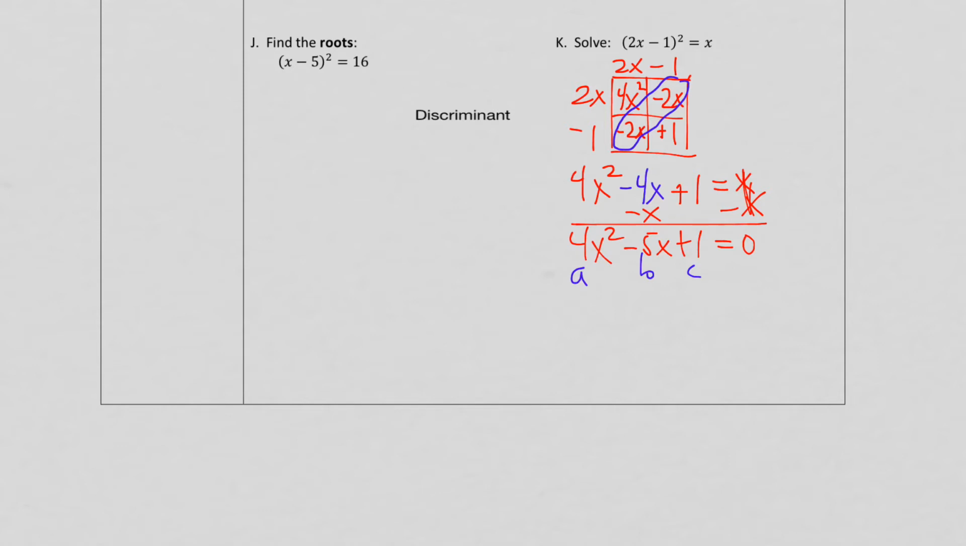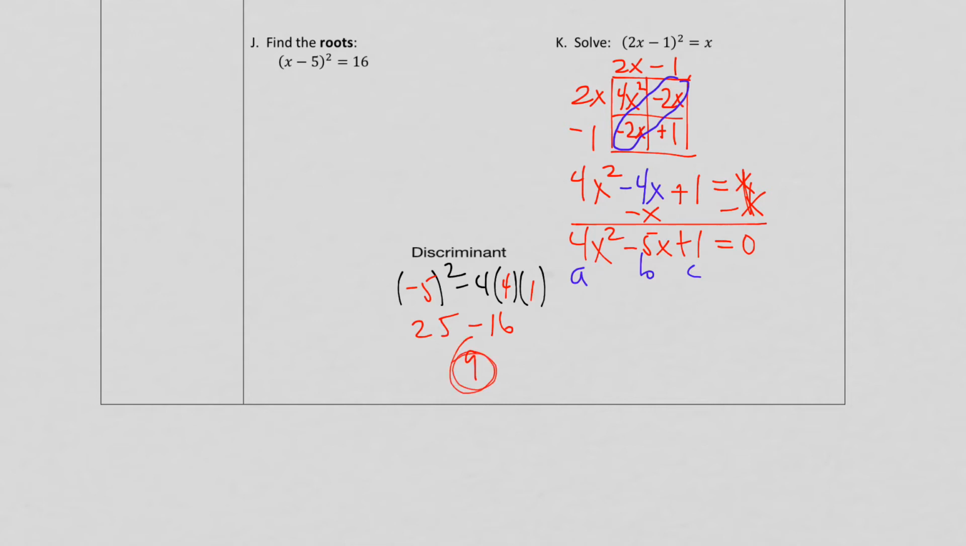So now I can find my discriminant. So b squared minus 4ac. So it's b is negative 5, a is 4, c is 1. So 25 minus 16 is going to be 9. So again, that's a nice discriminant. It's convenient. So to wrap this up, x equals negative b plus or minus the square root of the discriminant,